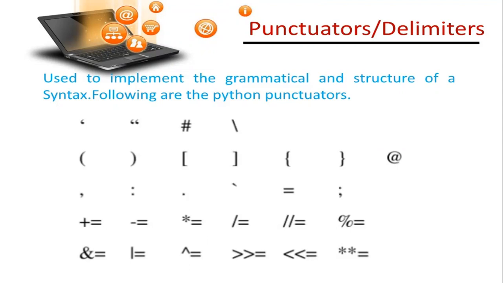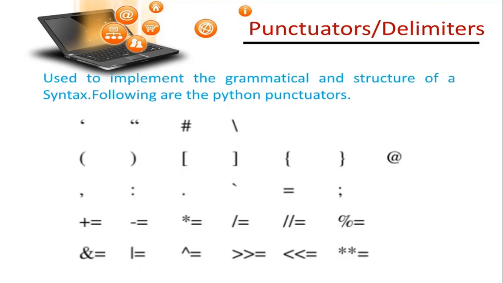We move further. Now, these are some punctuators or the delimiters, like we have full stop in English that marks the end of a sentence. You have quotation marks, you have question marks. Similarly, in Python, we do have some punctuators that help us to punctuate our code. You must have used some of these, yes? So these are all Python punctuators.